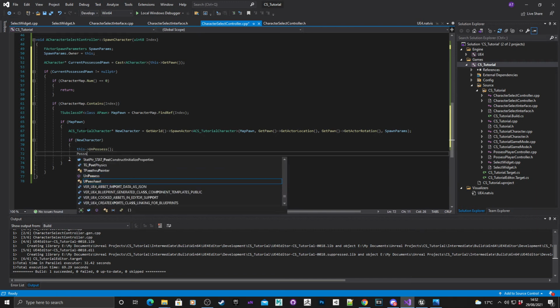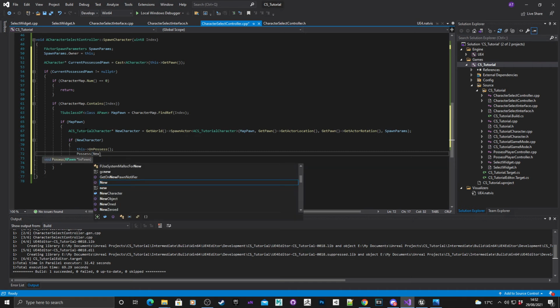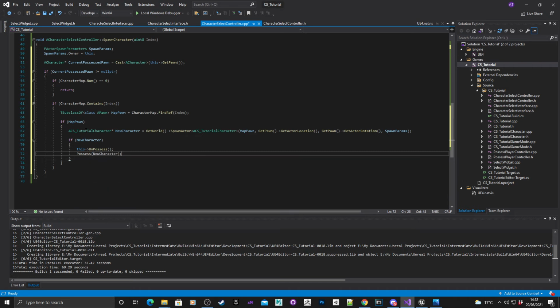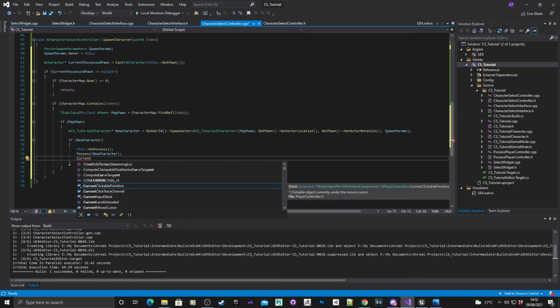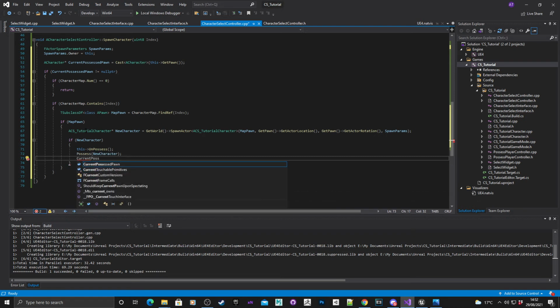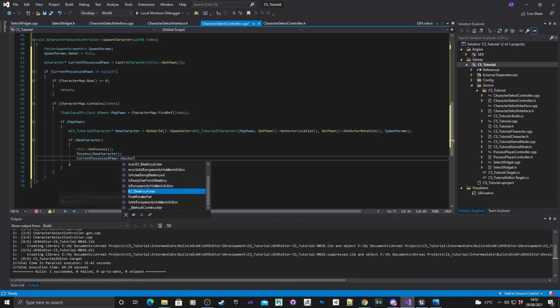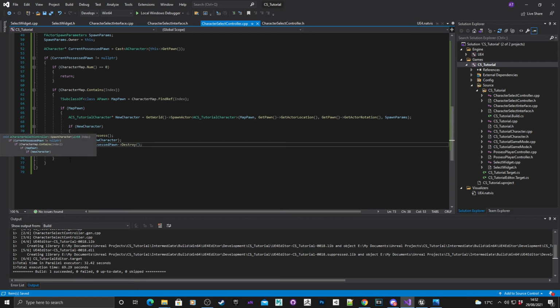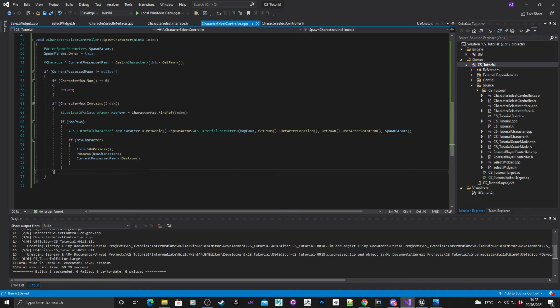We're going to possess, too many S's, the new character, and the current possessed pawn, get pointed to arrow, we're going to destroy it. Brackets. Now, obviously, we don't want to leave the menu on the screen, so if this parenthesis works, just say